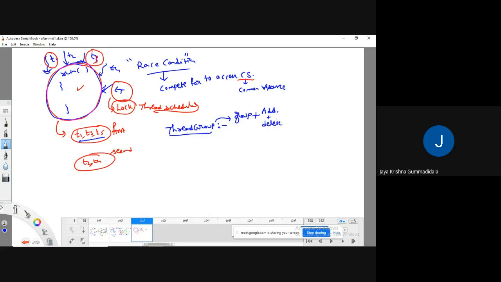This ThreadGroup class already has various kinds of constructors, data members, and methods. All these it contains. If you want, I will show the profile.